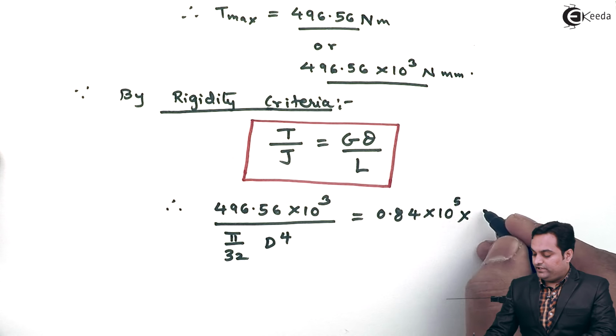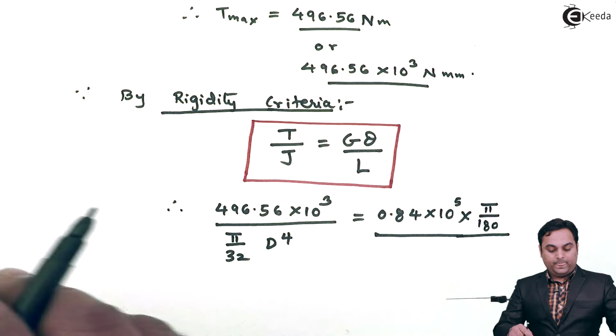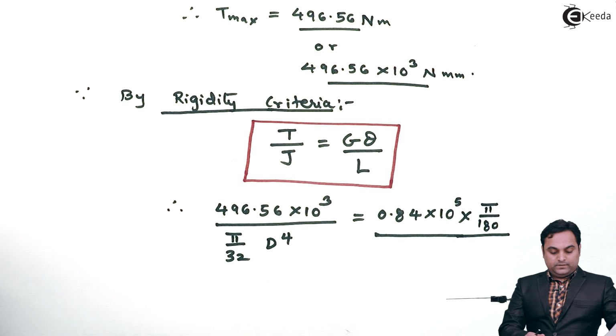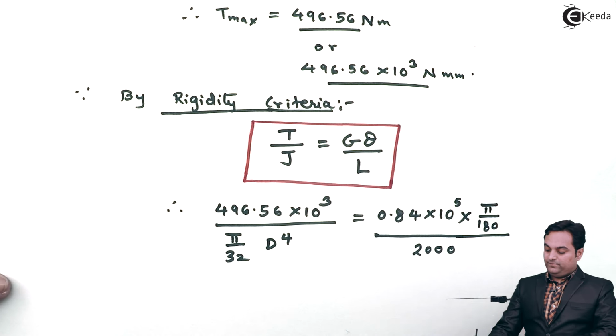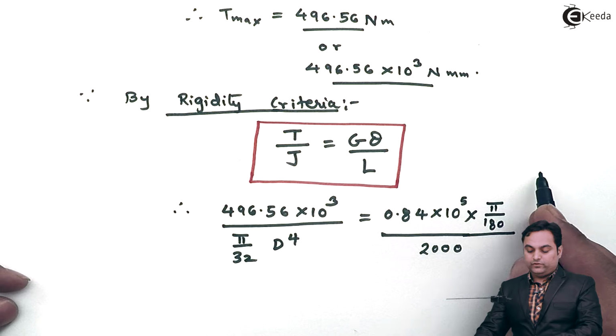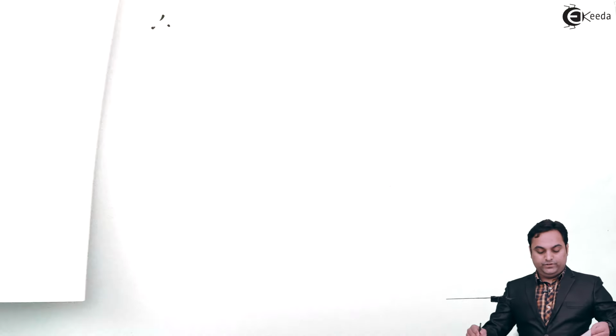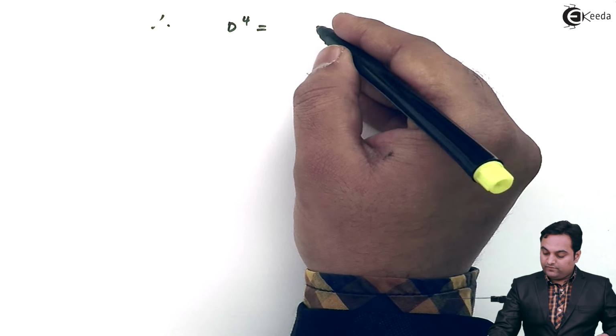Theta is in terms of radian, that is pi by 180, and the length of the shaft is also given, that is 2 meter, or we can say 2000 mm. So I'll keep the value in mm. Now we want d raised to 4, so I'll shift all the terms on one side and d raised to 4 on the other side. So I'll shift d raised to 4 to this side, bring all terms here. So d raised to 4 is equal to